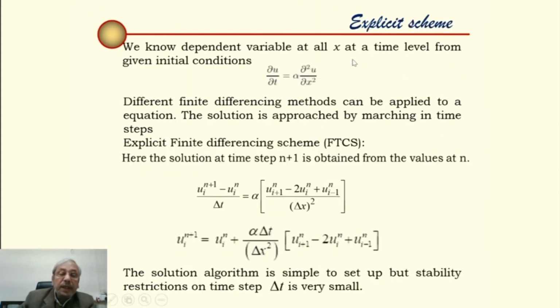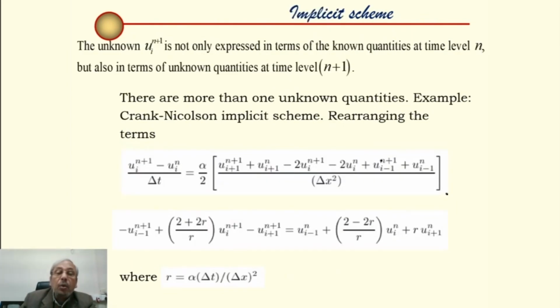The left hand side remains the same, but on the right hand side, these derivatives can be expressed at the nth level and also at the n plus 1th level, even though those are not known. So we can write ui n plus 1 minus ui n divided by delta t, equals alpha by 2,